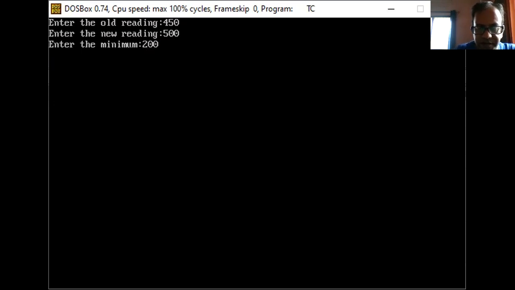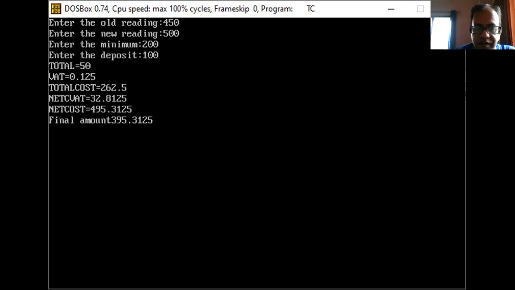Let it be 200. The deposit I have taken as 100. And see, now we have got the answer, the same values, because I have taken the same sample data: 450, 500, 200, and 100 as the deposit. So the total is 50, so it is satisfying your second if-else condition. VAT is already calculated here. Total cost we have got the same, then net VAT, net cost, and the final amount we have got here is 395.